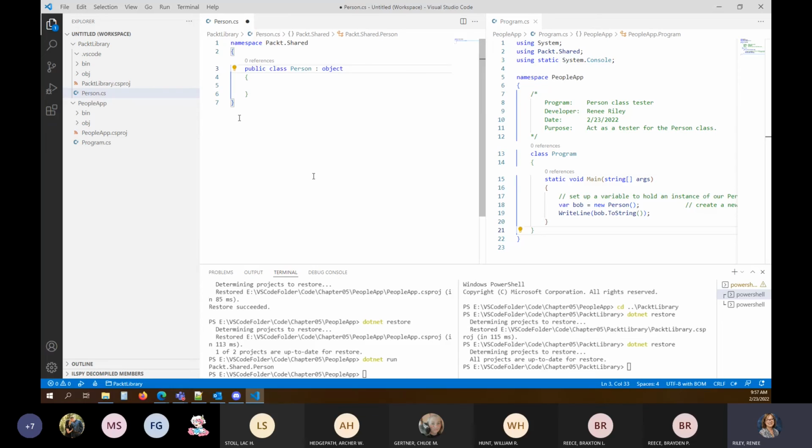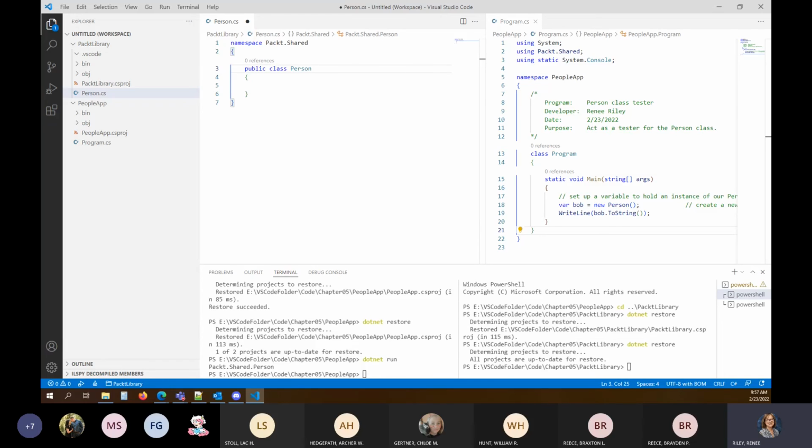But we don't have to worry too much about what goes on with that object we're inheriting from, because it's abstract to us. We could just use it. So that's fine. We don't have to have this inheritance clause at all. We can leave it off because it's the default that we're going to be inheriting from the system object.